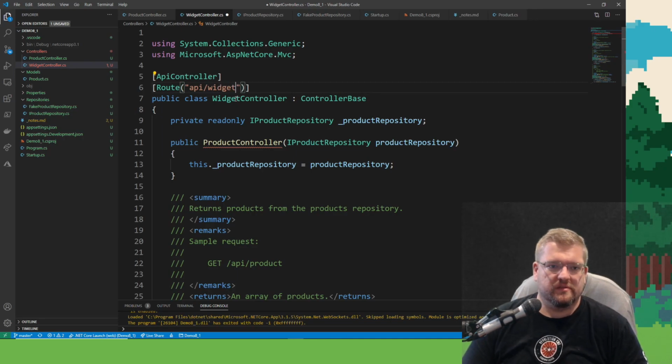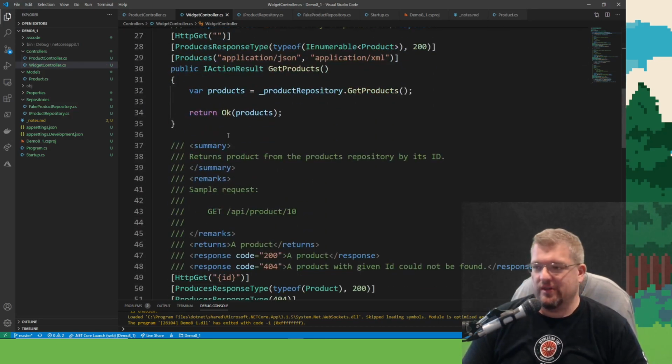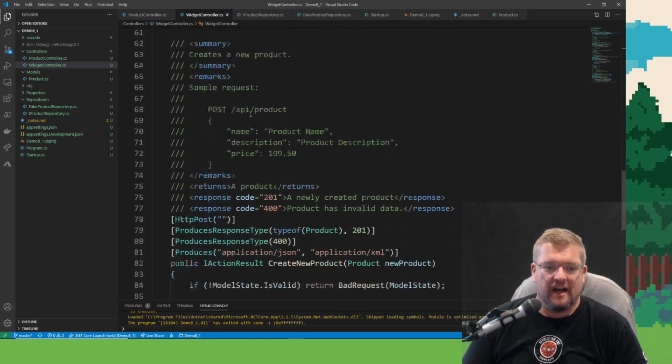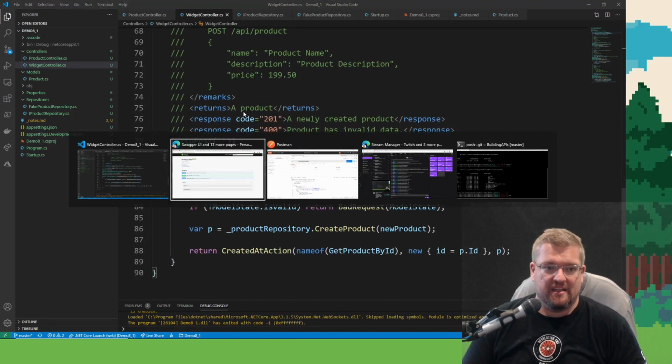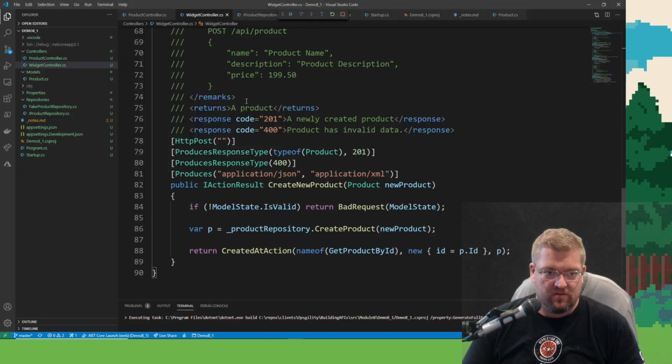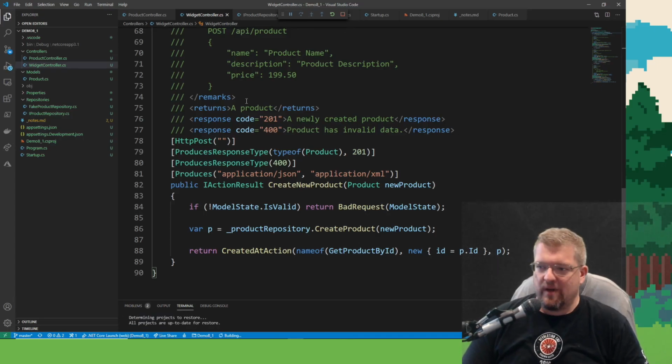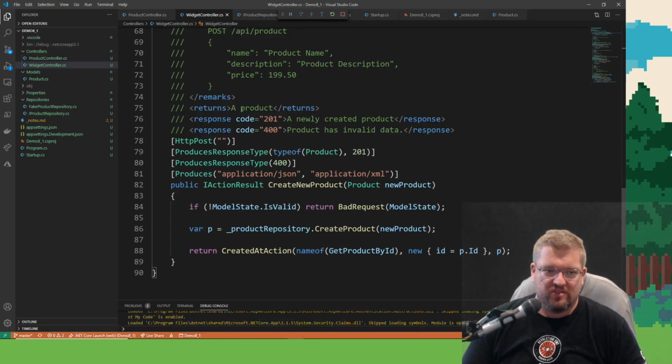Widget Controller is just like product controller, except it's widgets instead of products. But what I want to see is what happens. How does Swagger change? How does the layout change?